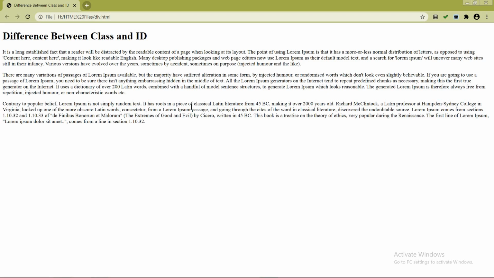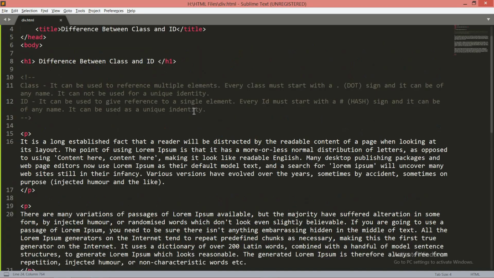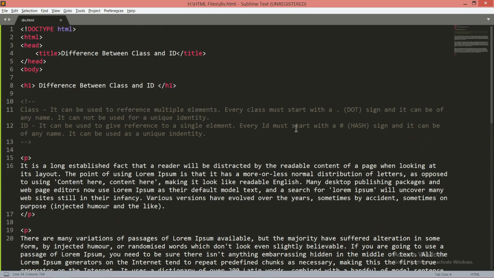Now what I want is to set multiple properties for each paragraph. Here in the definition I would like to write one more thing within the class. It can also be used to set multiple properties for the same tag.